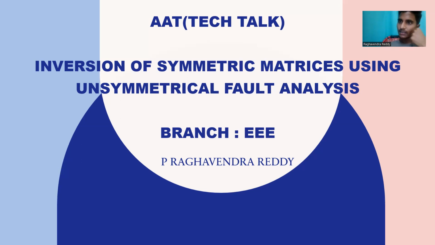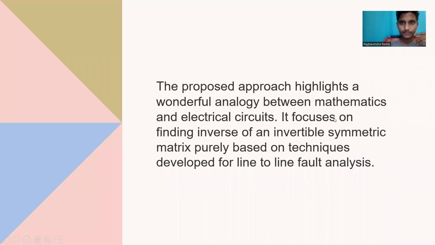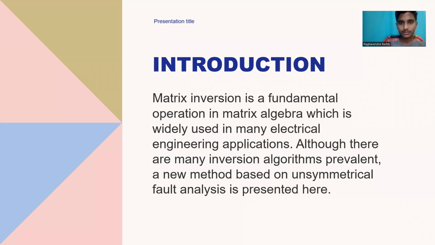In matrices, the inverse of a matrix is found using the formula A inverse equals adjoint A by delta A. Adjoint is made by the cofactor matrix, by the transpose of the cofactor matrix, etc. Inversion of a matrix, when coming to the introduction,